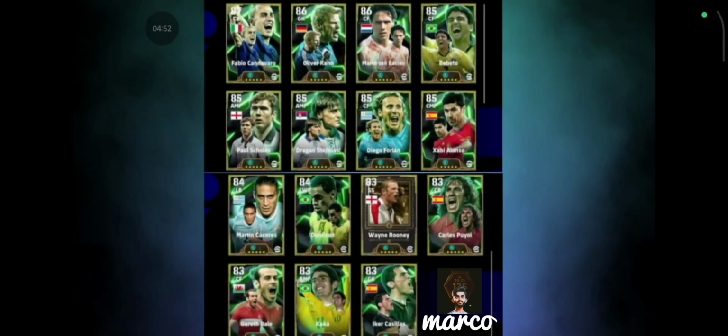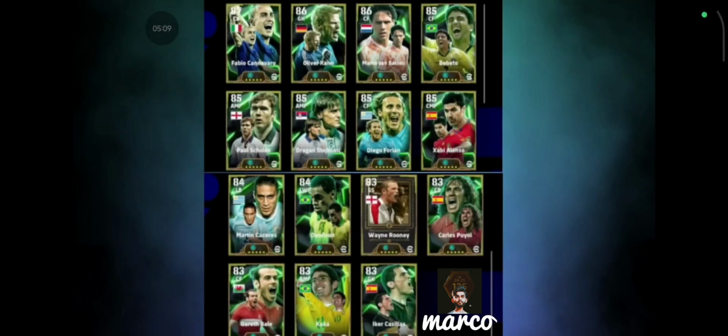Now, the ultimate Uruguayan striker, the 2010 finisher, the World Cup Golden Boot winner, Diego Armando Forlan. His progressions are like this. As he is a goal poacher, he is very good on the runs. His finishing is just out of the world, and with the 101 kicking power, he is unstoppable and a nightmare